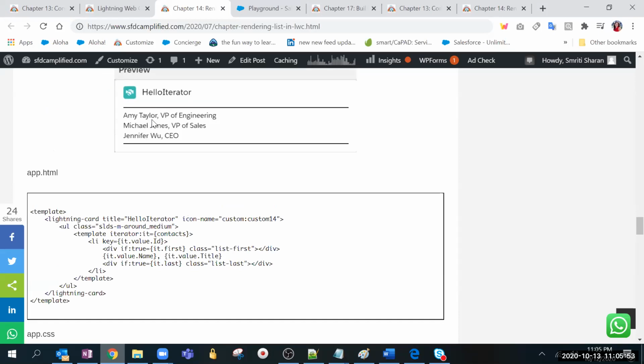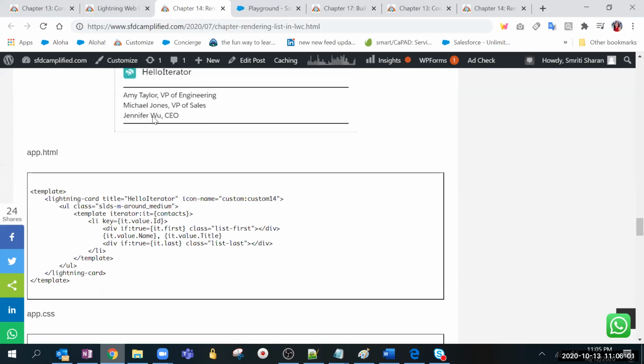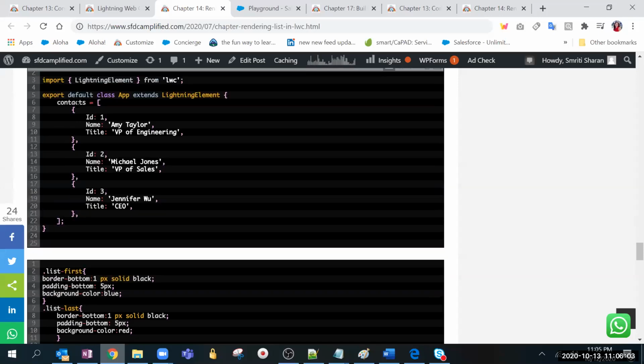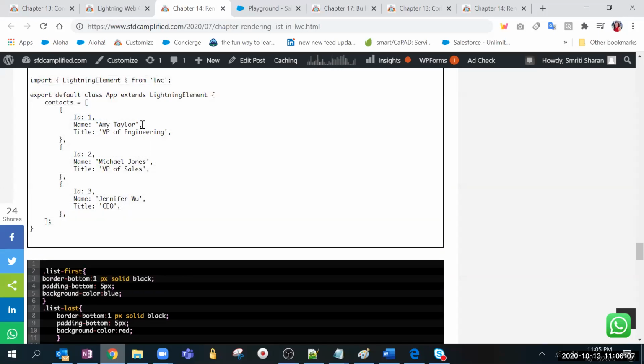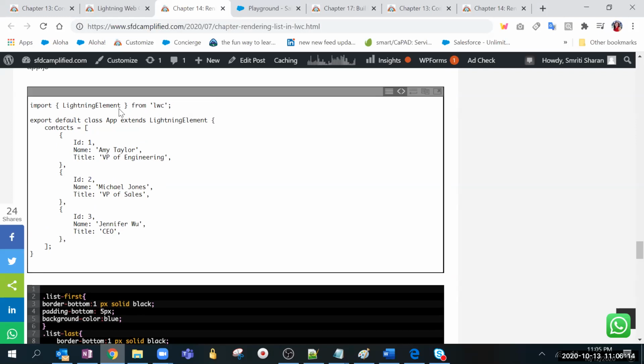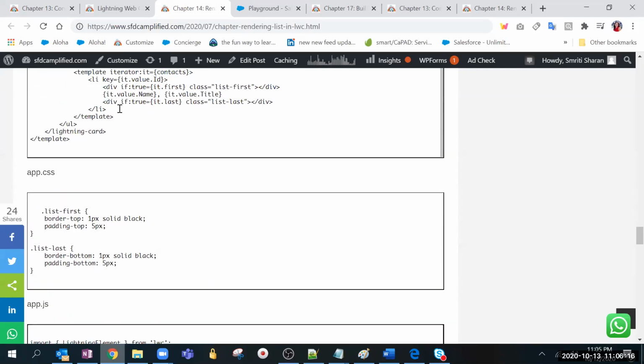Like that, you can do more things, play around. But the thing is that you can do something to the first and last element. When it comes to for each, all of them, the styling or anything will be applied to all of them, not individually. You got it? Okay, now I got it.